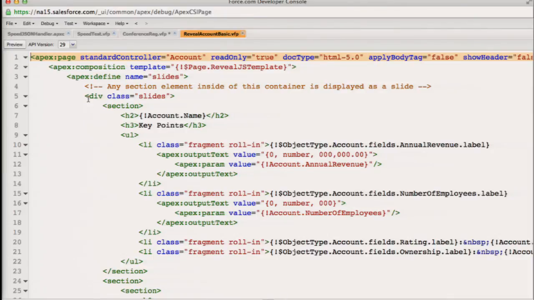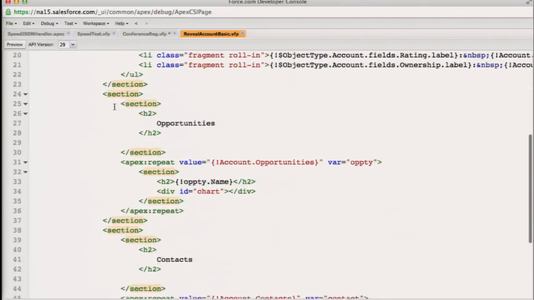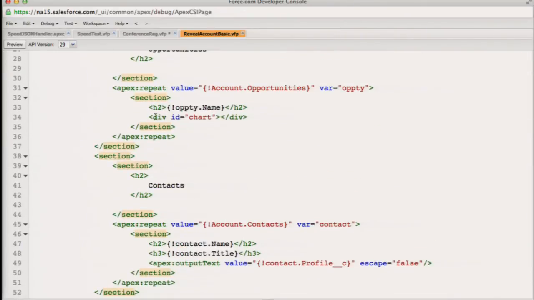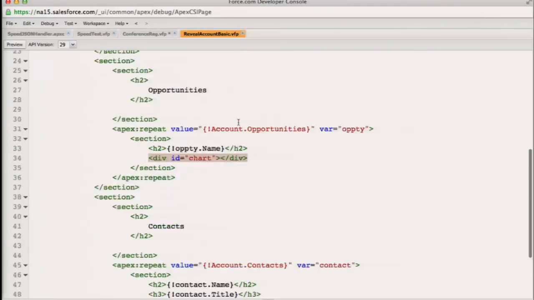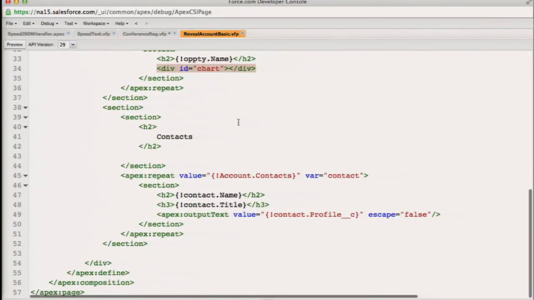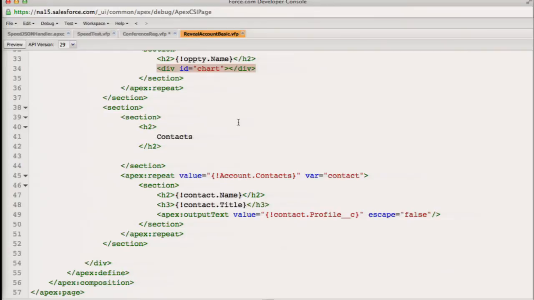And here, every time we see the class slides tell us reveal, this is our actual presentation, and then we have the HTML5 component section, and the section is going to split it off into the actual slides. Then we just use standard controller to bind it back up to the account as well as opportunities and contacts. And then what I've done here is I've embedded a chart ID, and D3 is going to throw the bar chart that I want right into that div. So now I'm going to try this in PowerPoint. Now I'm going to have an interactive chart in the middle of my presentation. So if we preview that,